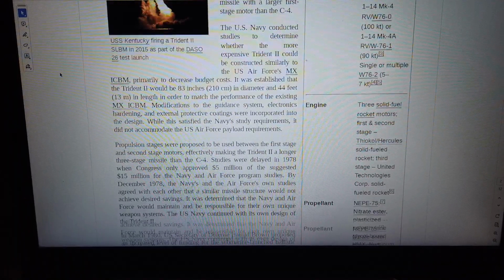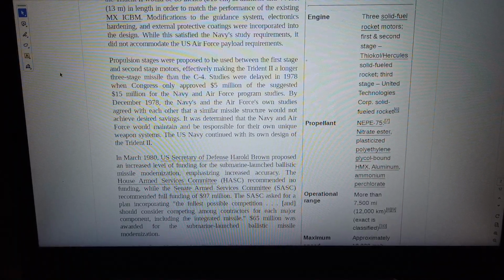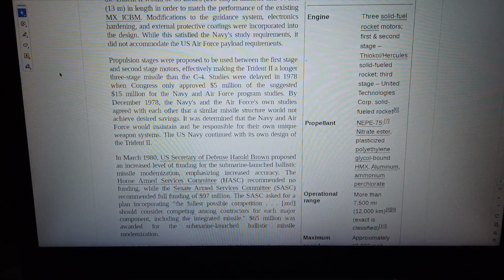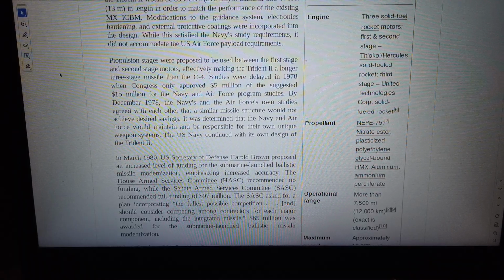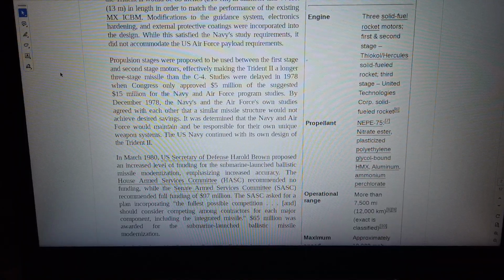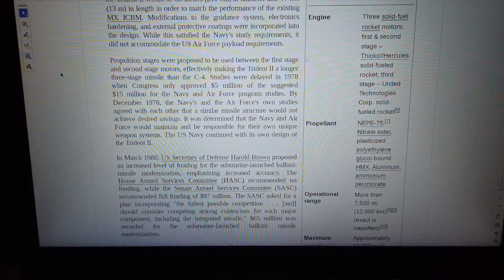second stage Hercules solid fueled rocket, third stage United Technologies Corp. solid fueled rocket. Propellant: MEPE75 SAD Smiley, nitrate ester plasticized polyethylene glycol binder, aluminum ammonium perchlorate. Operational range: more than 7,500 miles, 12,000 kilometers. Accuracy classified. Maximum speed approximately